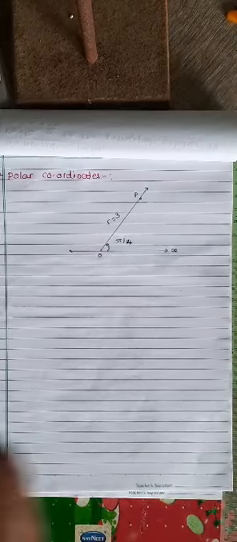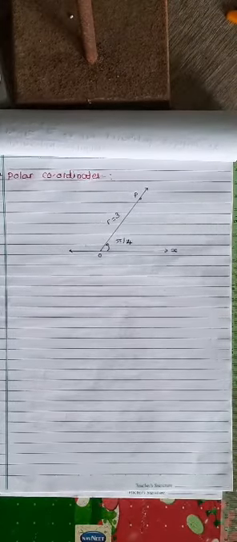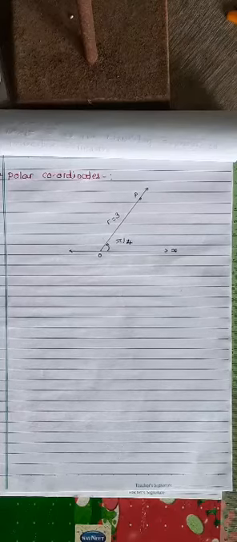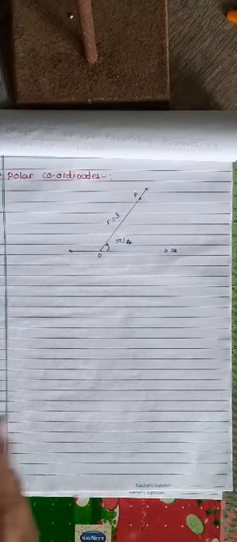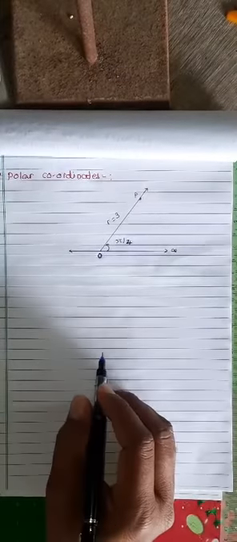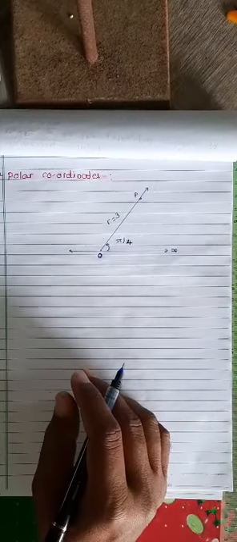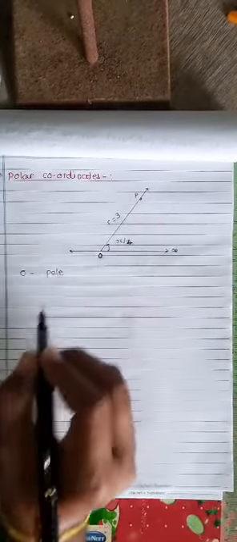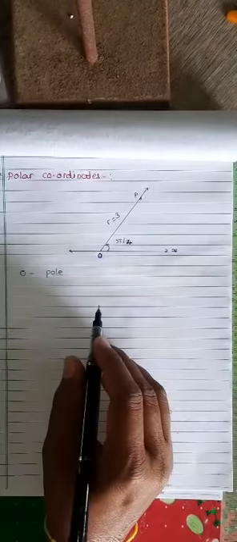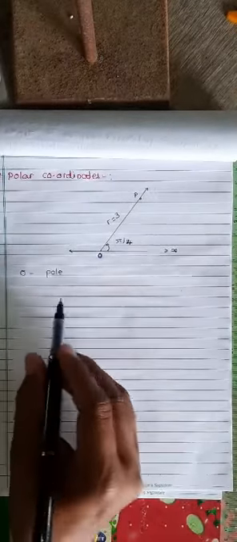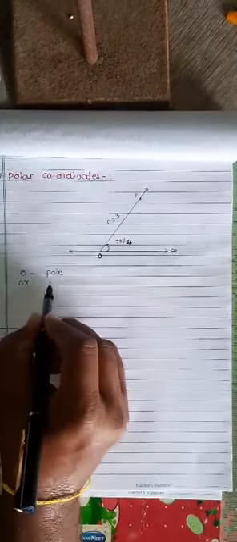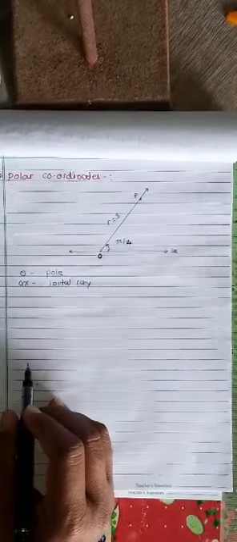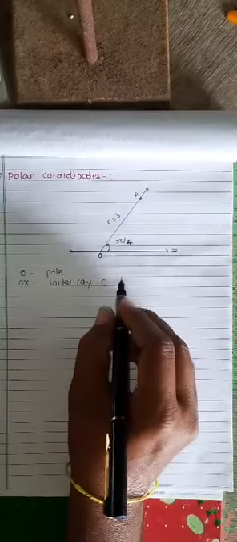We have to discuss it, and it is used for the same purpose, and it is helpful in detailing and in the solution of trigonometric functions. Now within this, we take the origin. This O is the origin, a fixed point, and that point is called the pole. O is called the pole. Now the horizontal line through O is called the initial ray, OX. It is also named the polar axis.